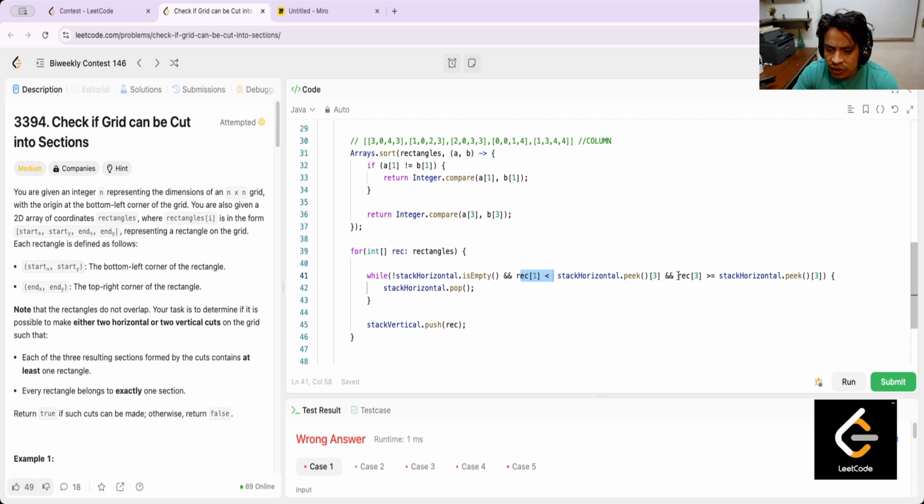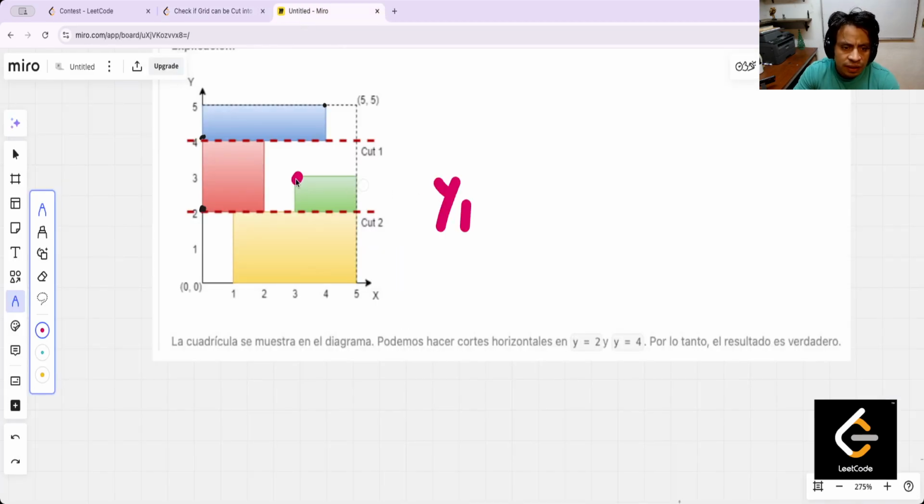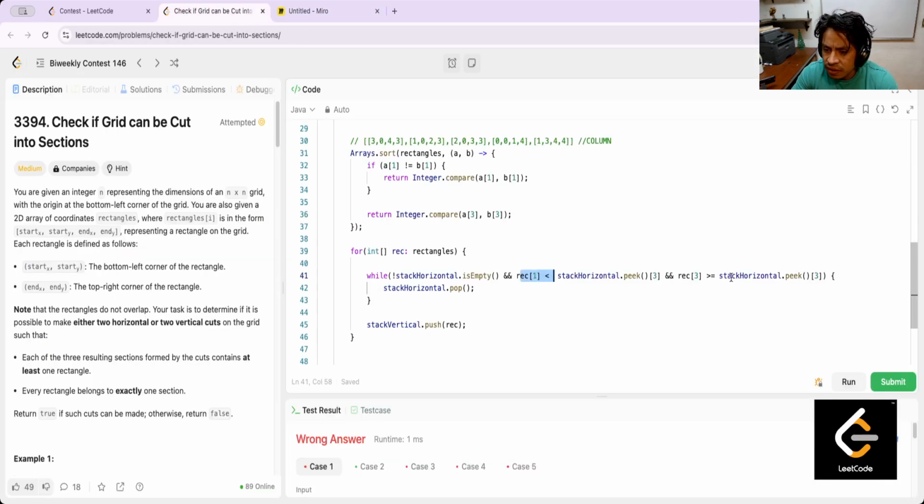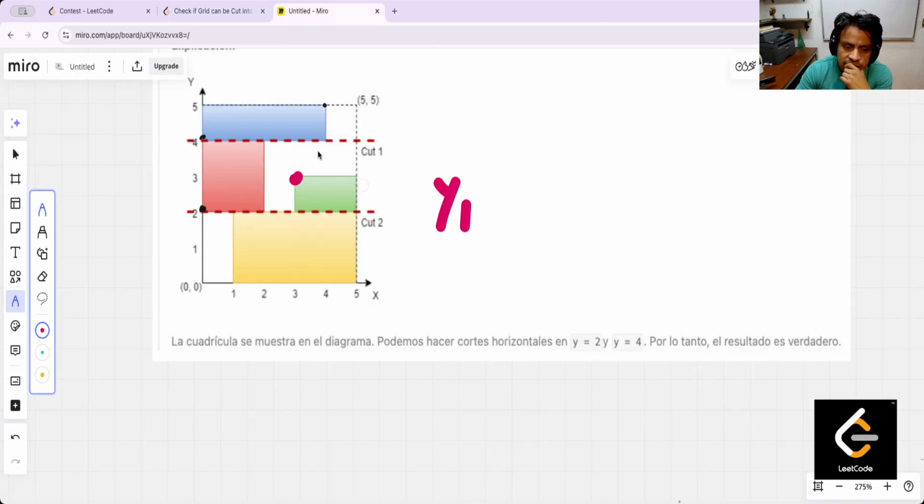And the other conditional is that if the end of this is greater equal, if this is greater equal,